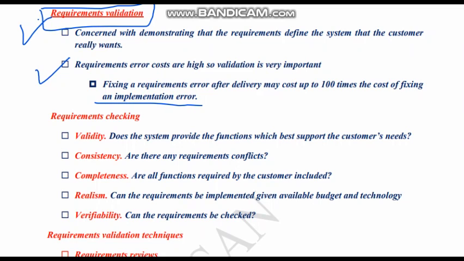See what it says: requirement error and implementation error. What is a requirement error? The error caused by fewer requirements, inadequate requirements or missing requirements. What is an implementation error? The error caused during the execution of the code. The cost of an implementation error is very low compared to a requirement error. Why? Requirement is the first phase of software development, and if there is a problem in the first phase, you need to repeat the entire process, whereas you can manage with the code. You can just change the code and run it. Hence, we can see that